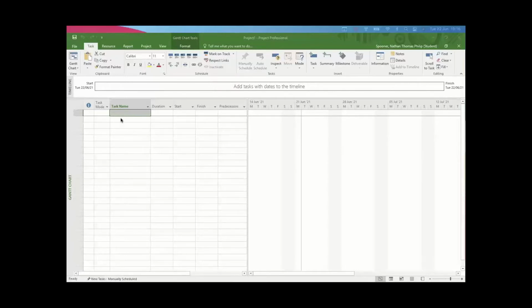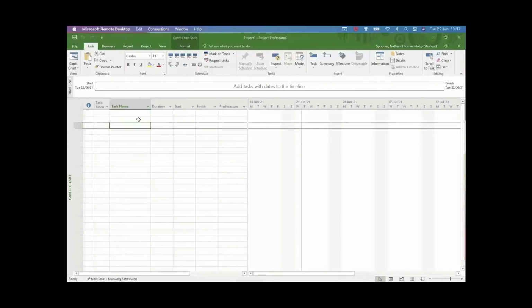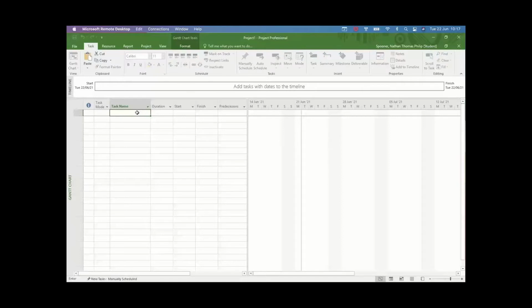So, jumping straight in, this is the open screen you should be presented with as soon as you open up a blank install of Microsoft Project. As you can see at the top, we've got different tabs or headings of task, resource, report, project, view, format. And these will be discovered in a later episode. But so far, we're just going to jump in and type in some random things, such as task A,